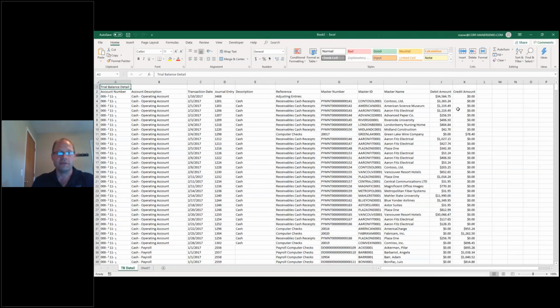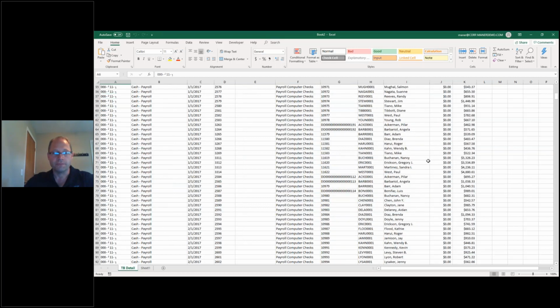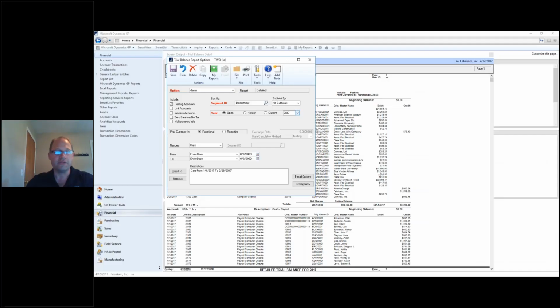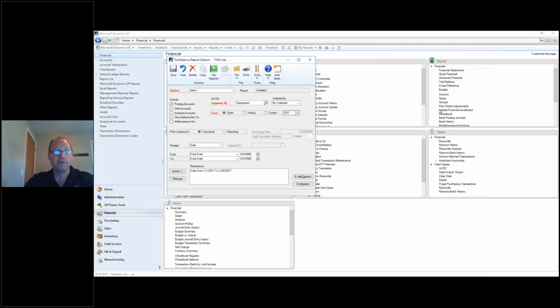So all it did was it took the data that was on the screen. You can see I got a little something going on with the account number here, and just put it out into a spreadsheet. So that is a little plugin that we have made free for our clients. If you're interested in having that installed, I know a lot of you probably already have that installed, but if you're interested in that, please send Kate an email and we can get that coordinated. So with that, let's move on